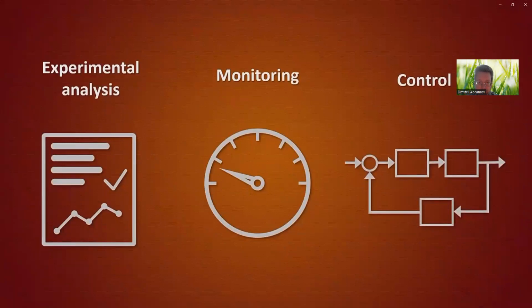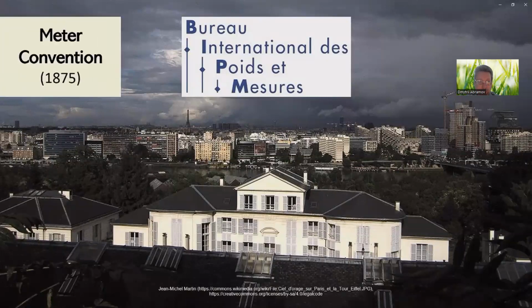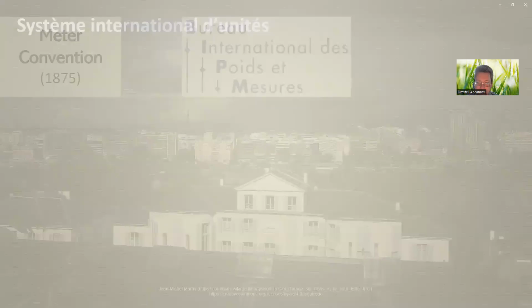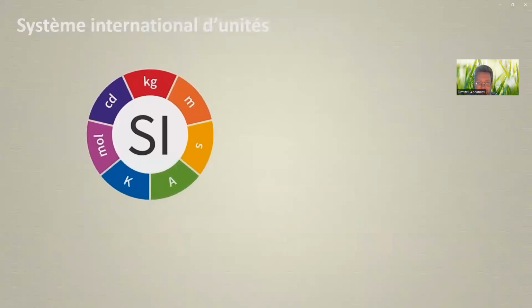Now it's necessary to know what these physical quantities and reference units are. For this, we must talk about the BIPM, the Bureau International des Poids et Mesures, the International Bureau of Weights and Measures. It was born from the Meter Convention in 1875, and it's located on the outskirts of Paris. The BIPM defines the International System of Units, the SI, that has 7 fundamental physical quantities with their corresponding base